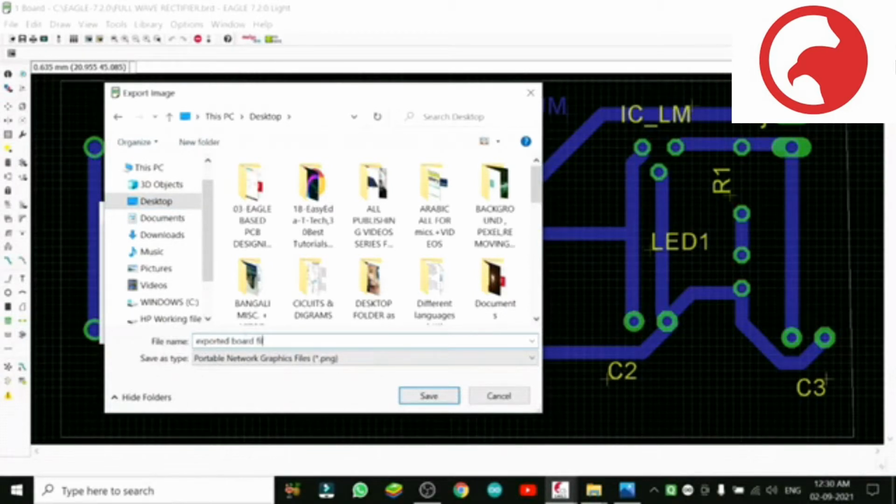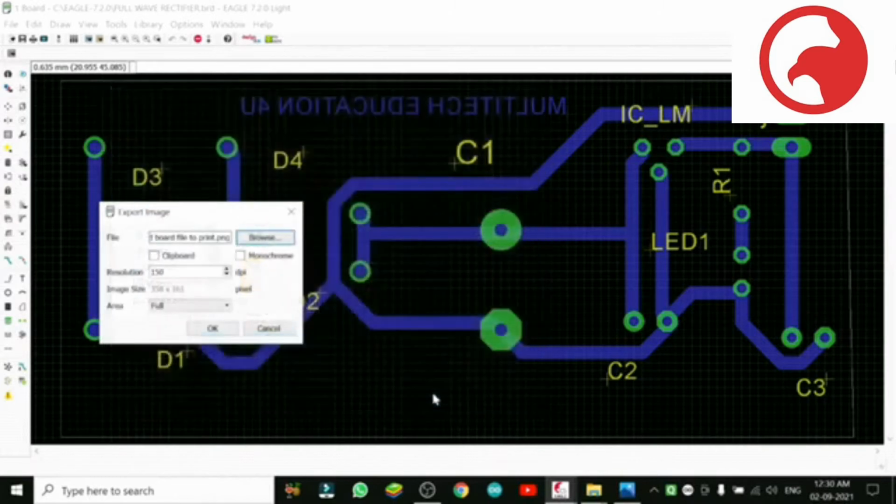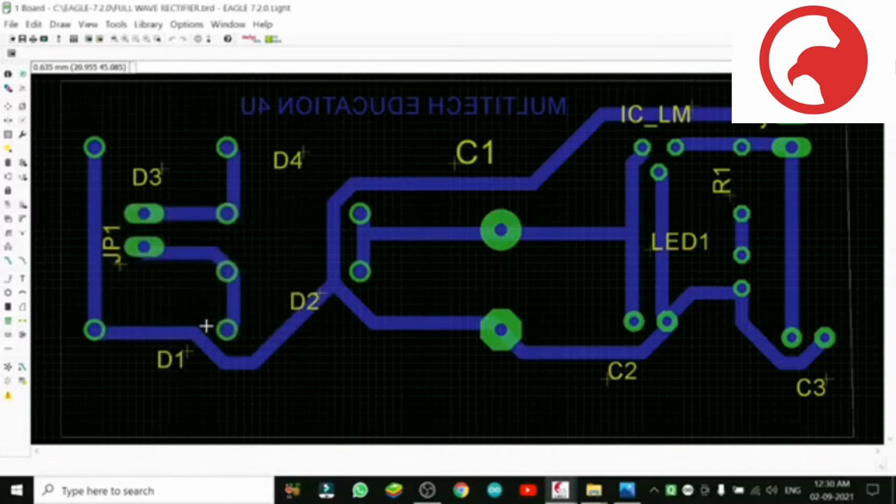Give any name, full wave rectifier, the board file, and we can save it on our desktop. And afterwards we can select it from there, copy and paste in our Word file. So this needs to be selected. Okay, now it has gone to the desktop of the computer.